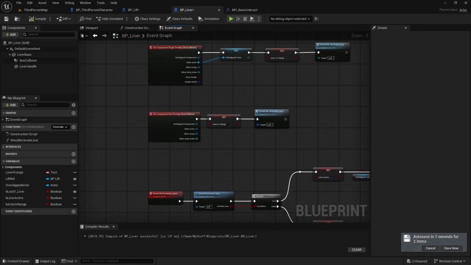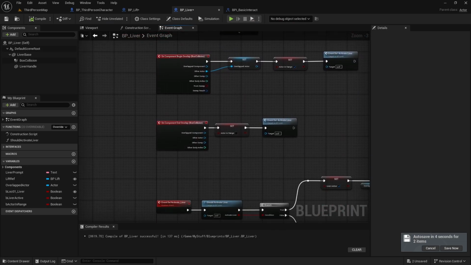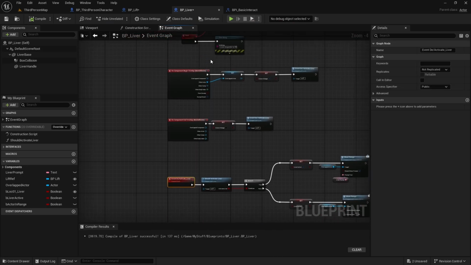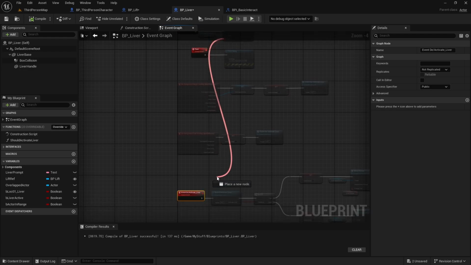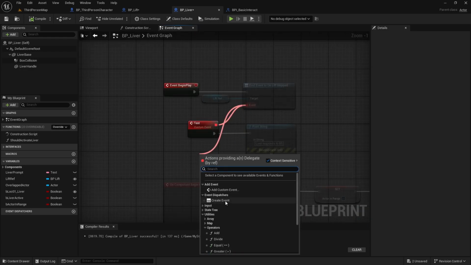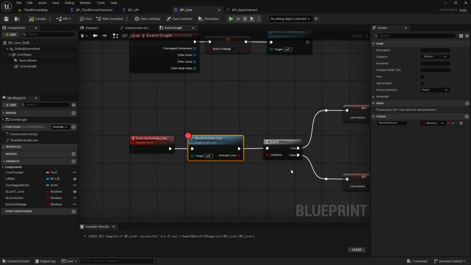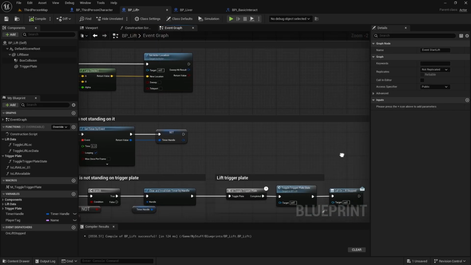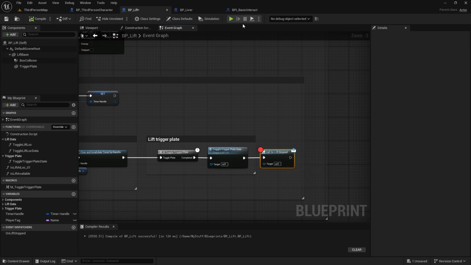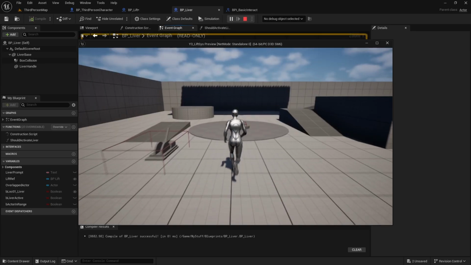Now whenever the lift reaches another location, we need to call this function. For that, instead of dragging this pin, I will use the create event function and select this function from here. Now let me just create some breakpoints by pressing F9. Now if I play it,